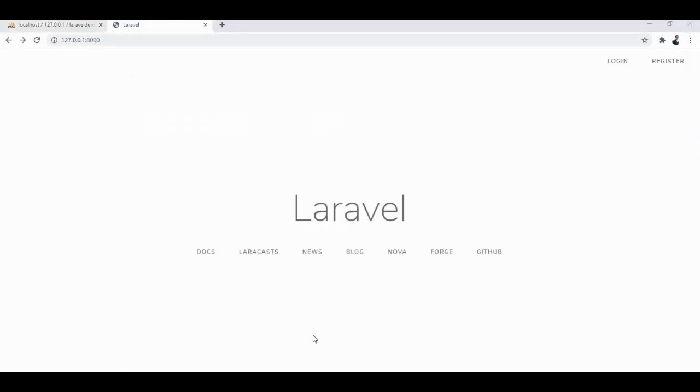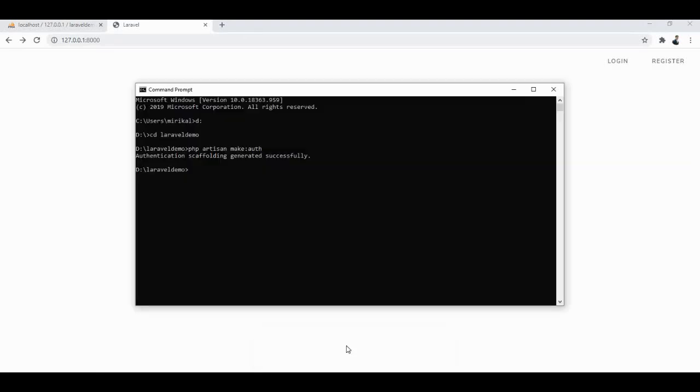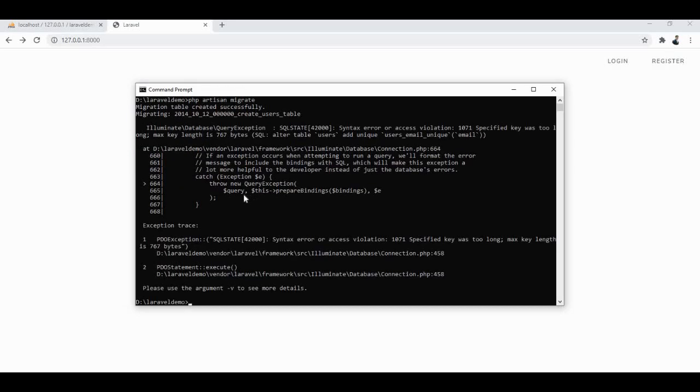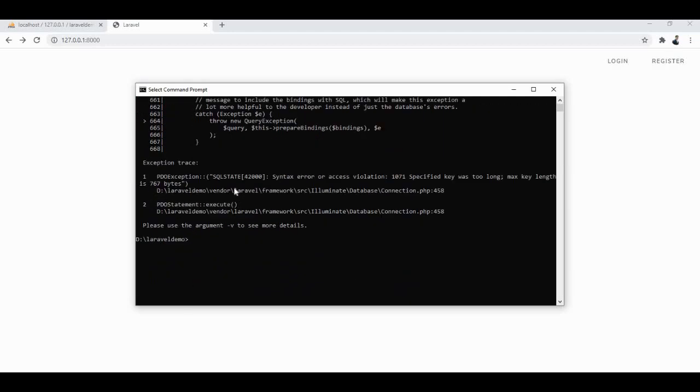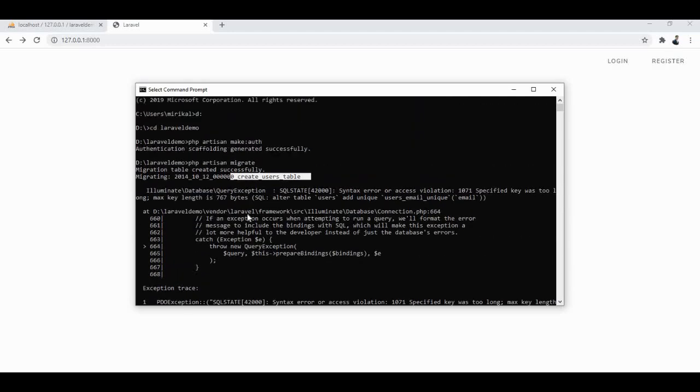So we will go to our command prompt and run php artisan migrate. With the help of this command, the migration creates the users table inside our database.